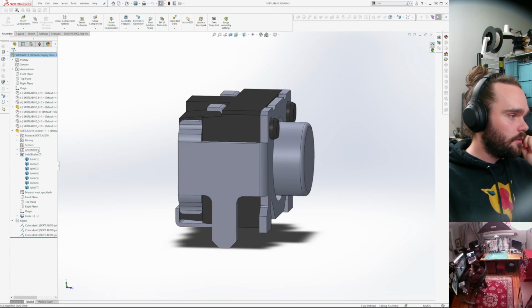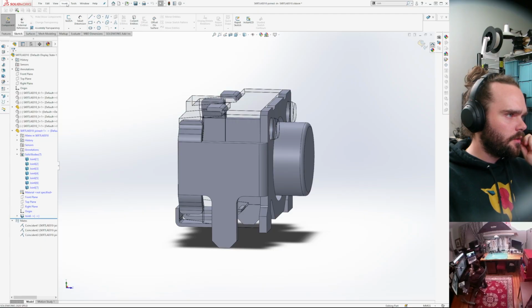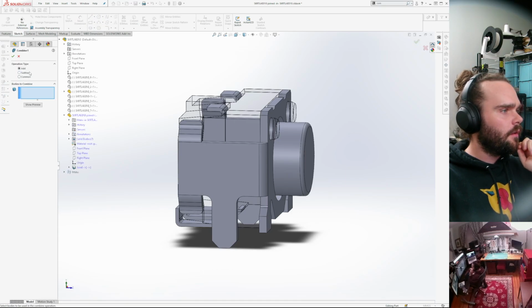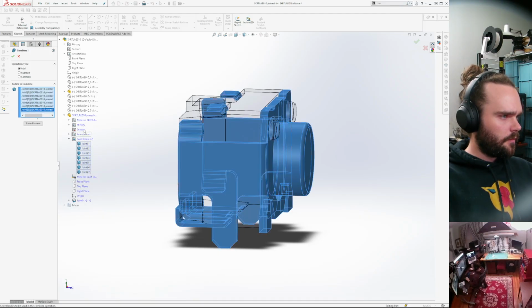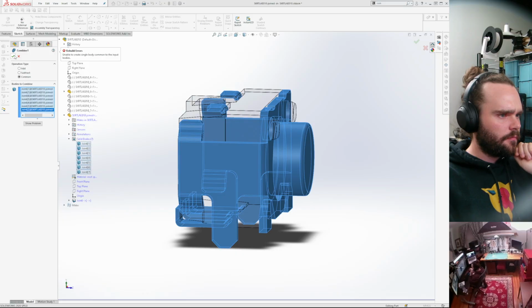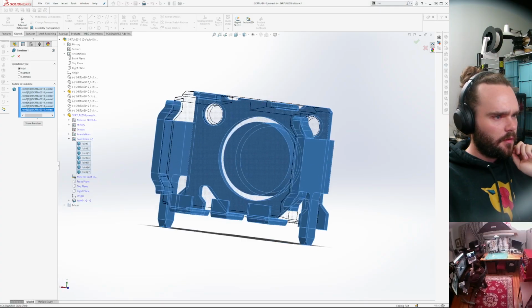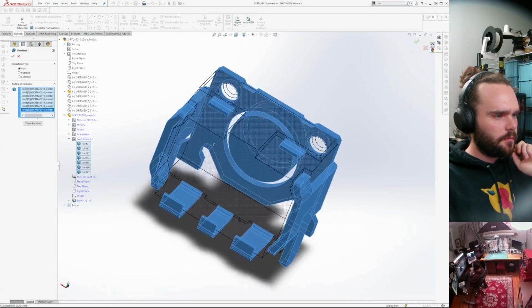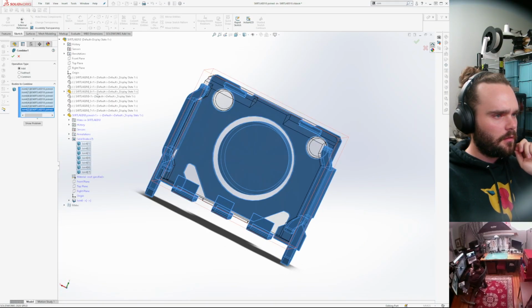So we can do, for this thing, insert, features, combine, add, and we can select all of these. Can I also do this? No. Enable this. Create a single body. Bleh.